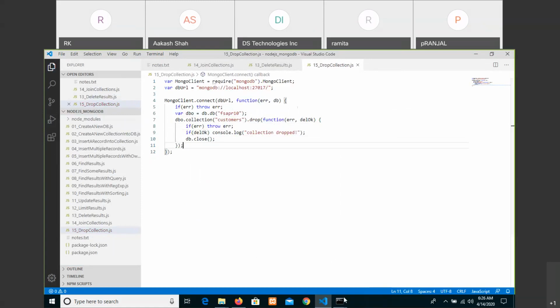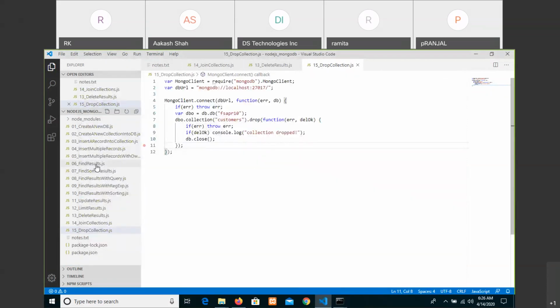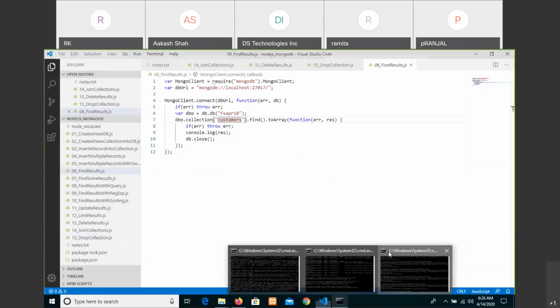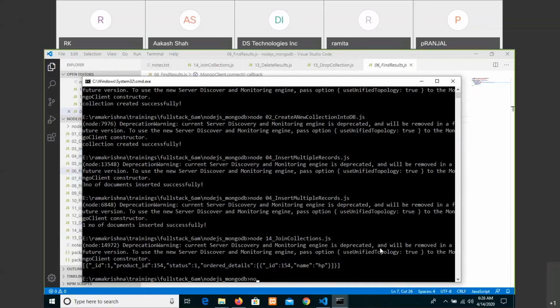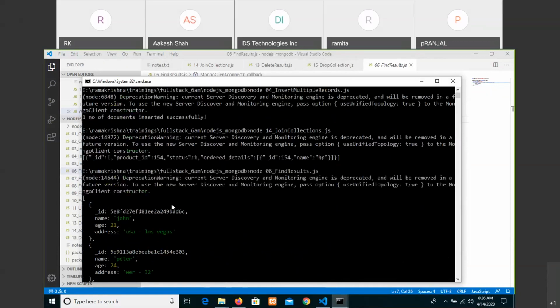So for example, if you want to find out the results from the collection of customers, let us run node. We are getting results.